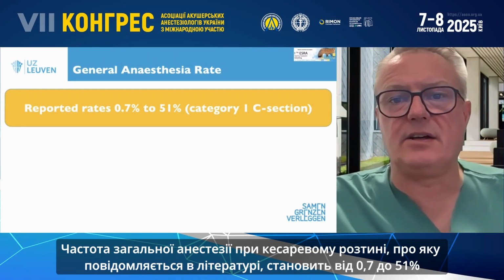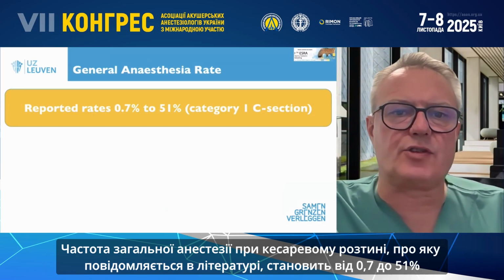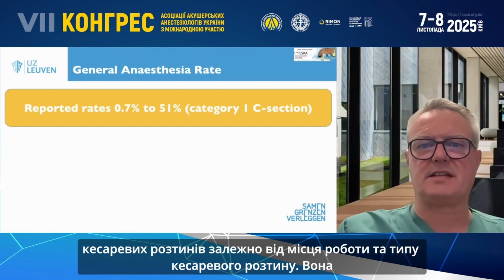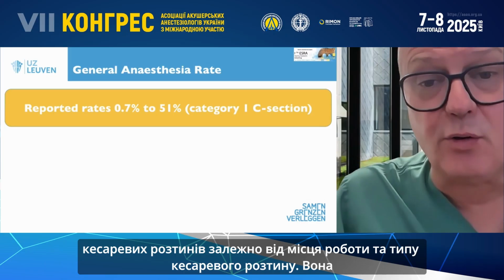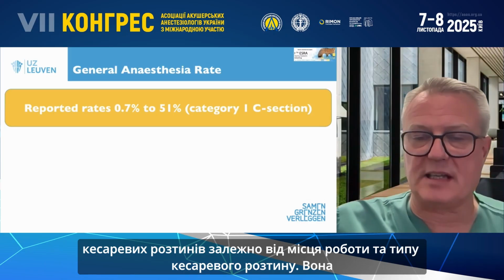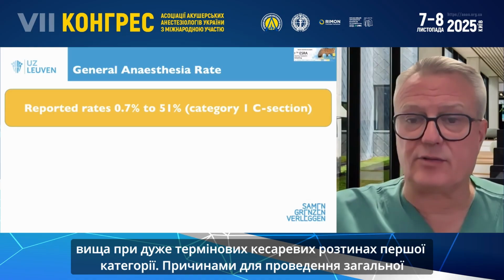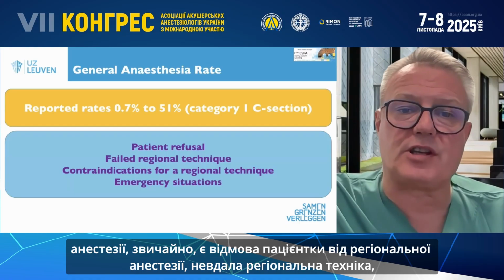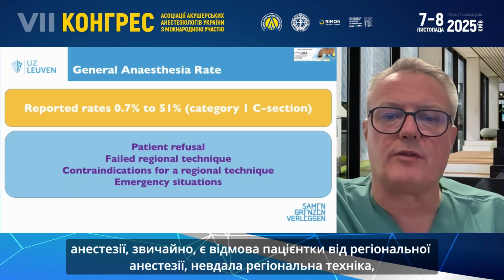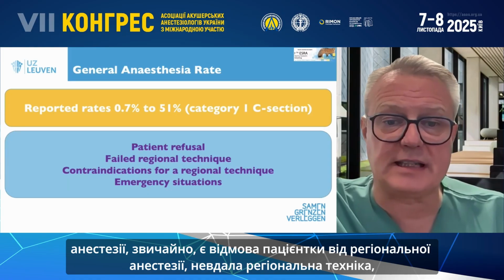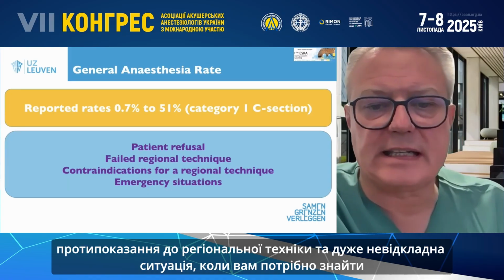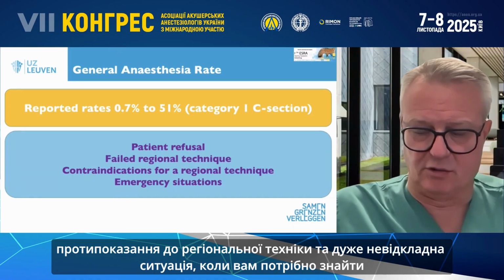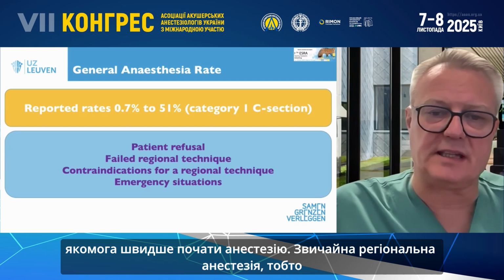The general anesthesia rate reported in literature for cesarean section is between 0.7 and 51% of cesarean sections, depending on where you work and on the category type of cesarean section. It is higher in category 1, really urgent cesarean deliveries. Reasons to perform a general anesthetic are, of course, patient refusal of regional anesthesia, a failed regional technique, contraindications for a regional technique, and a very dire emergency where you need to find a rapid start of the anesthetic as